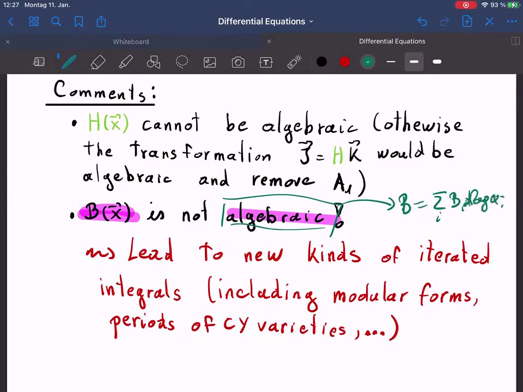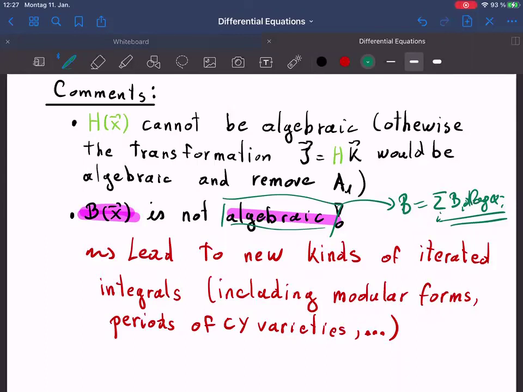Well, algebraic would mean that this form would be algebraic. If B was algebraic, then my original assumption that I cannot get rid of A1 with an algebraic transformation would be wrong. So if I cannot get rid of A1 with an algebraic transformation, I cannot reach a canonical form with D